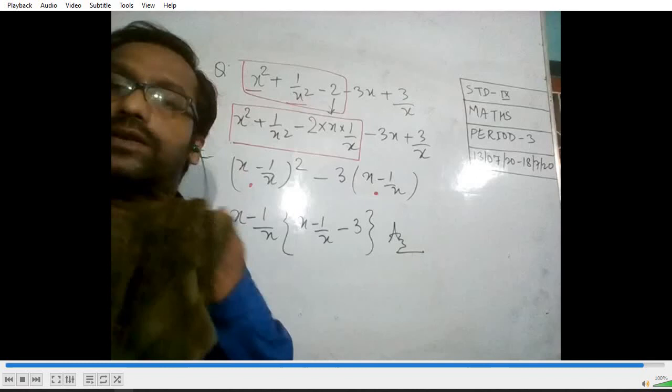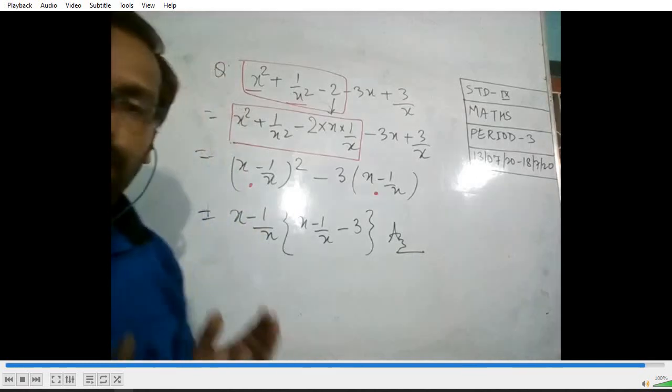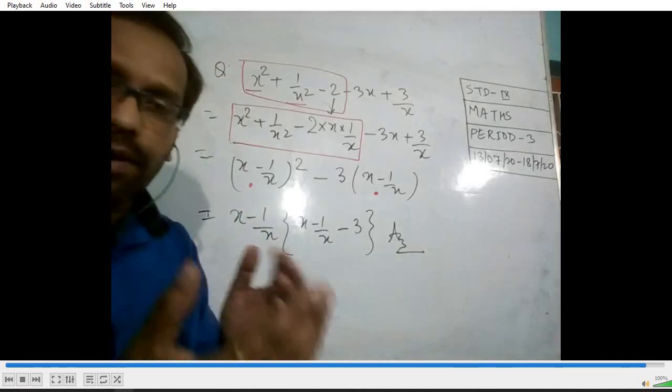Okay. So now, class, remember. This is how we have solved using the identity a minus b whole square and then taking the common from the grouping. That is the method of this question. So many things are there. You can practice at your home and you will solve each and every question.